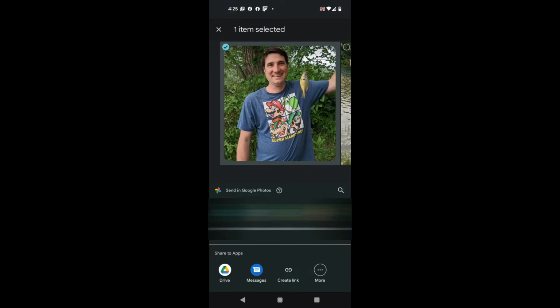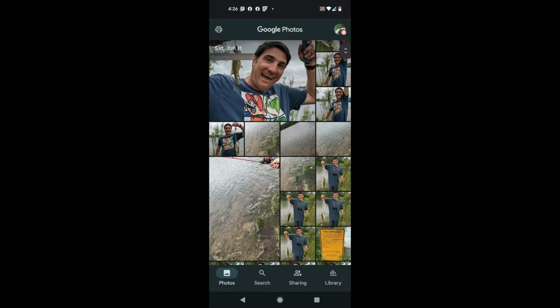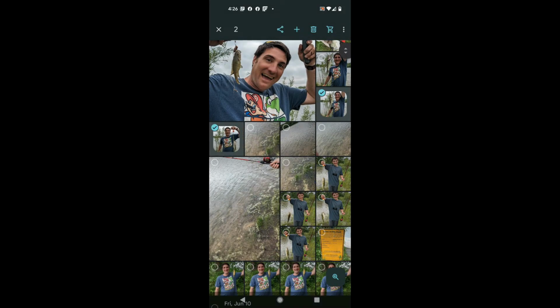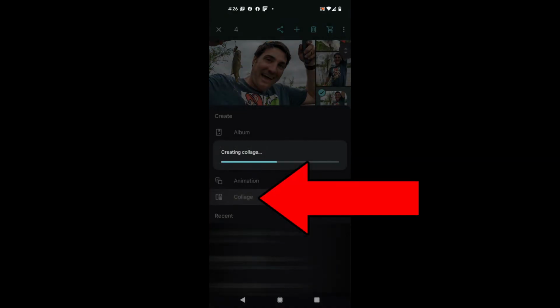Now if we jump back, I'm just going to X out of this and we're going to back up just a step. Again, we're back at the photos, and I'm going to select a couple of these photos, and let's say I want to post these somewhere like on Facebook. Again, I've got my photos selected. I can go to my plus button at the top of the screen, and I can make a collage,